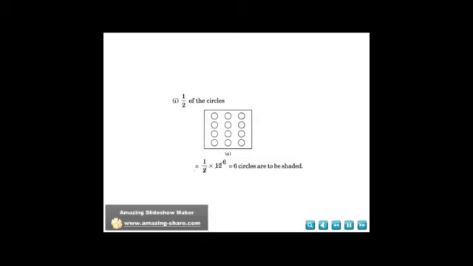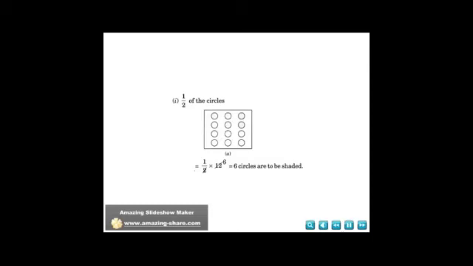As I said, of is not just an English word. In mathematics, especially in a product of fractions, of is an operator which does the operation of multiplication. So here half of 12, that is 1 by 2 of 12, is equal to 1 by 2 into 12. So of is an operator which denotes the multiplication symbol. So 1 by 2 into 12.